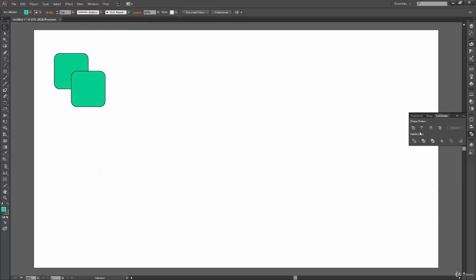Now here you can see that we have two categories. So we have two kinds of categories here. The first one is called shape modes, and the second one is called pathfinders. All these are a sort of Boolean operations, where it will either subtract, add up, unite, or divide, all these kinds of operations.